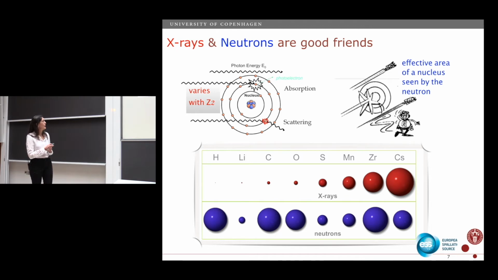And then, for example, if we are looking at magnetic systems, it's also very important, because when we look at the periodic table, you're going to see that manganese and iron are very close by the number of electrons. However, the cross-section for neutrons is different. So by doing that, we can have a lot of differentiation in materials. The other thing is that we have this interaction with the nuclei. So if we use deuteration, I can hide or highlight things because we don't have the same cross-section between hydrogen and deuterium.